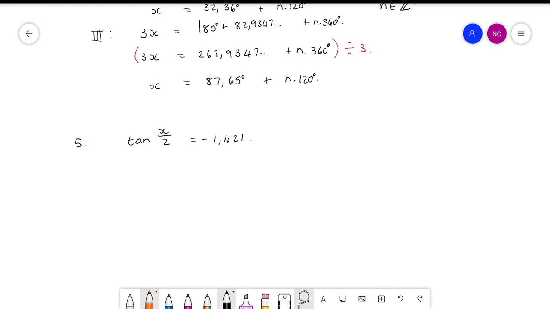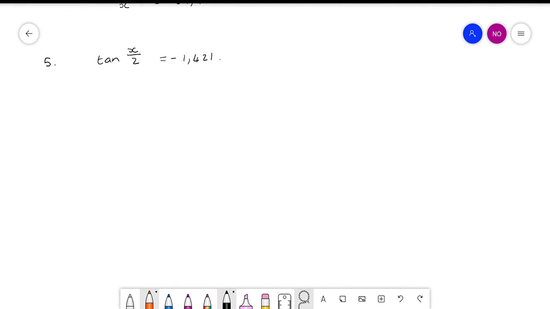Looks like that. So tan is negative in quadrant 2 and quadrant 4. So in quadrant 2, now you don't write x, you write x over 2 is equal to 180 degrees minus, and here you write x over 2 is equal to 360 degrees minus the angle that I'm going to use. Remember you don't put in the sign, you don't put in the minus. You just type in shift tan 1,421,